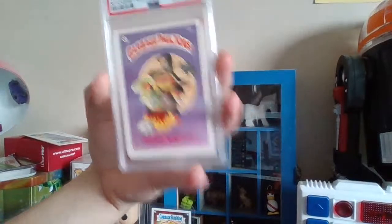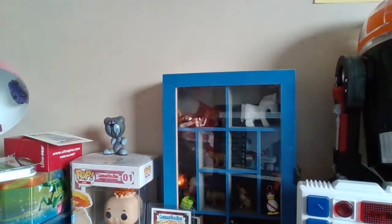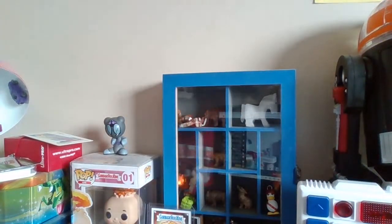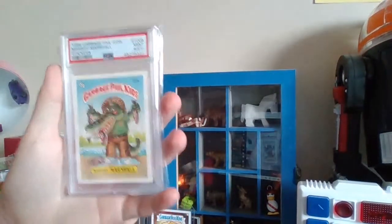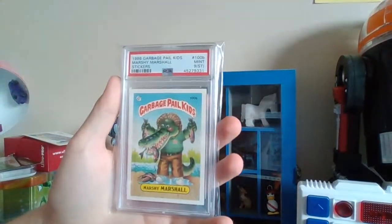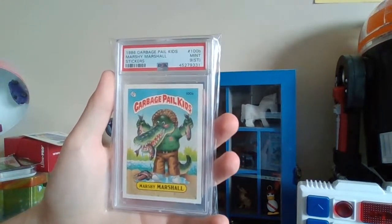But before you guys go, I want to hurry and show you. There's this Garbage Pail Kid card, right? And I normally look at the pops for my cards so I can figure out if they're one of ones, which I've got a few. But this Marshy Marshall right here, the 9ST, I was looking at the population for it, and it happened to